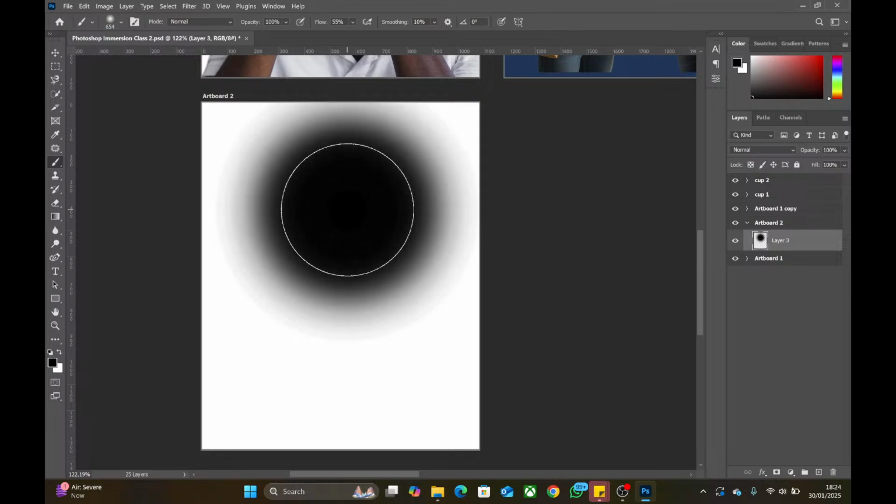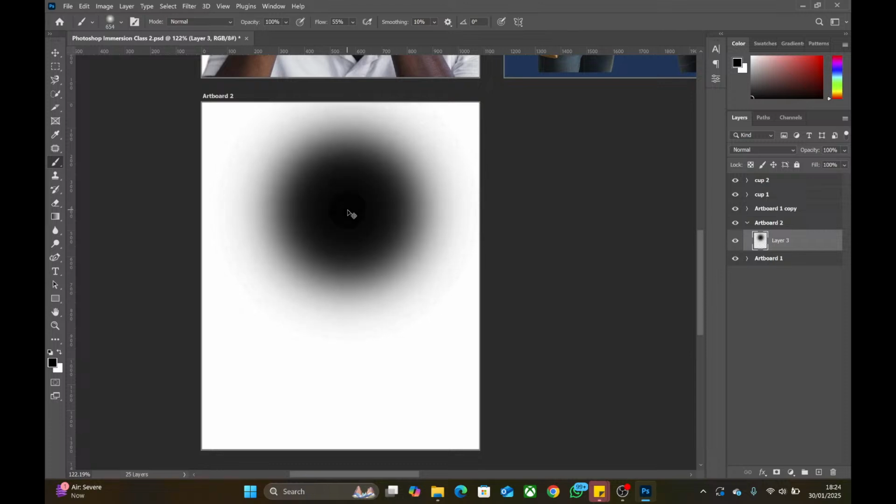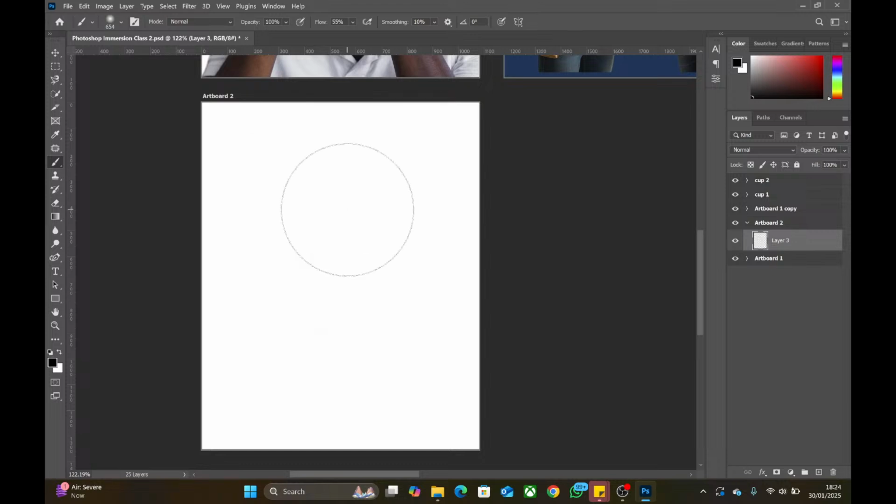And you can see that the center will be dark, the edges will be softer. Okay, but that's because I'm using a soft brush. This brush has a lot of settings. If you look up here, this place also works as your properties panel for any tool that you are